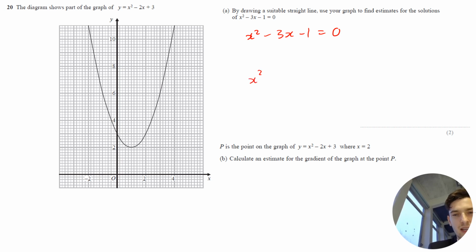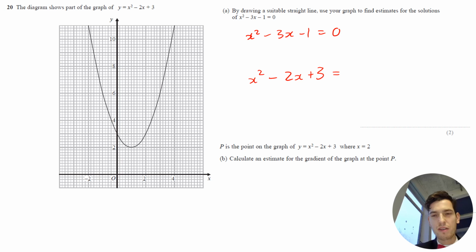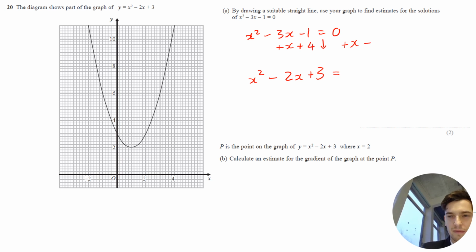So that is x squared minus 2x plus 3. And so if I need to use this graph, I need to figure out how to get from the equation they've given me to the graph that I have. So how do I get from minus 3x to minus 2x? Well, I'm going to add x. So I need to add x to both sides. And how do I get from minus 1 to plus 3? I need to add 4. So actually,